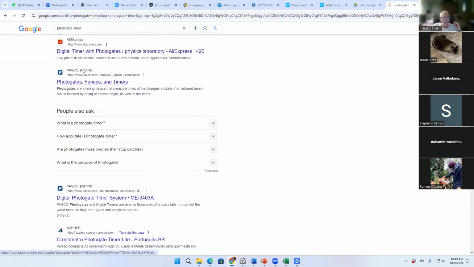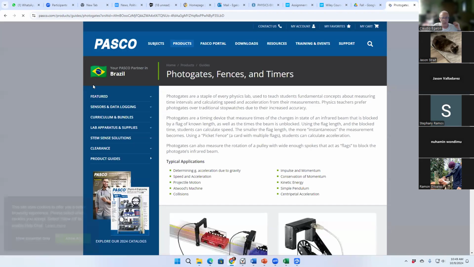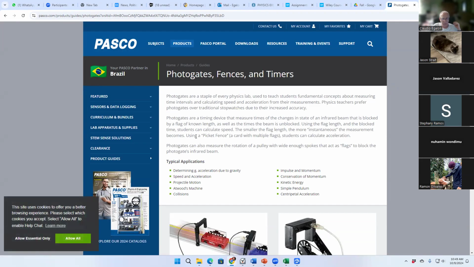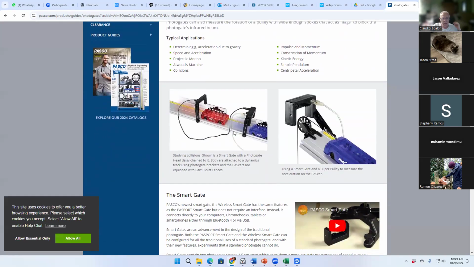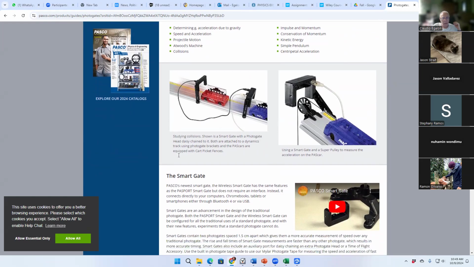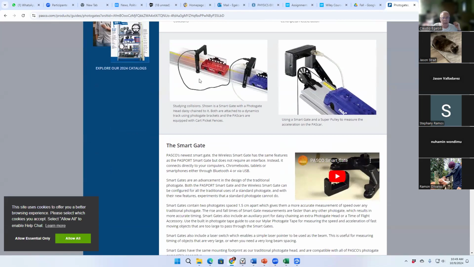Fences and timers. Pasco has, we use Pasco's photogates there at the college. Let's see. Here you go. That's how they look. It's like a little jar with a gap in between. And then we can put it at the side of the